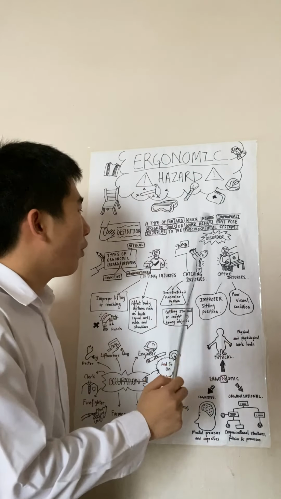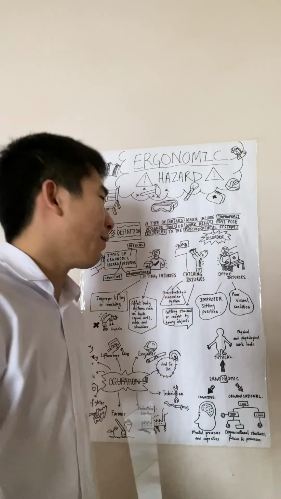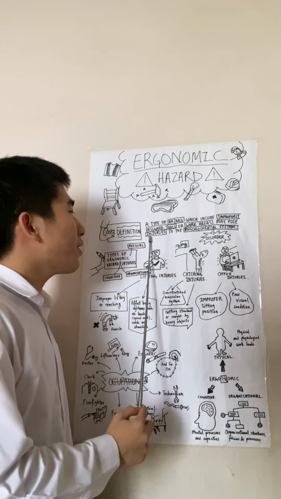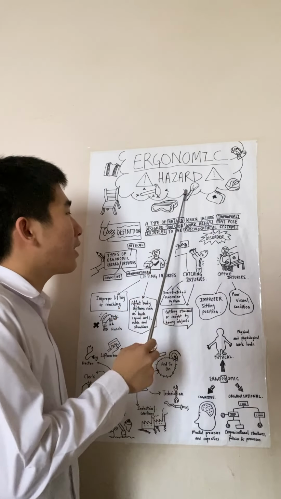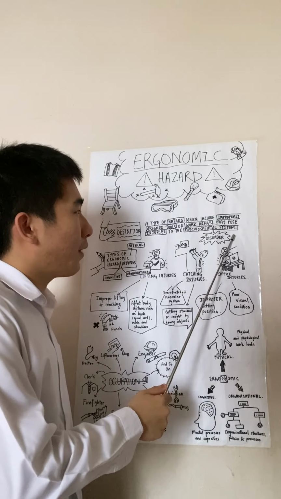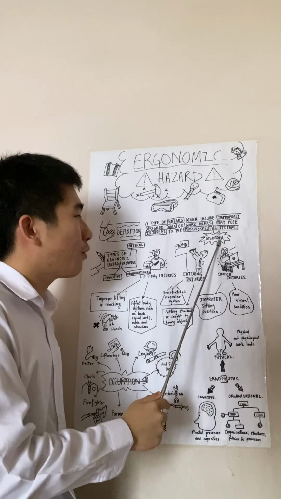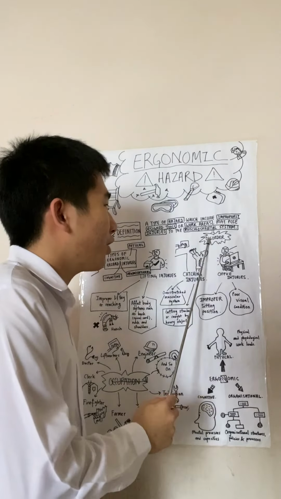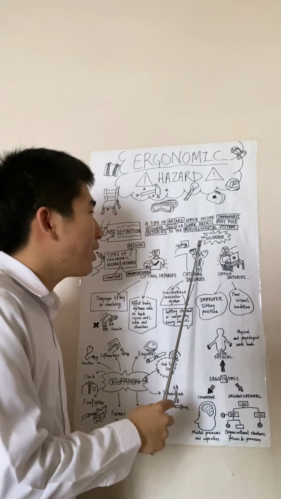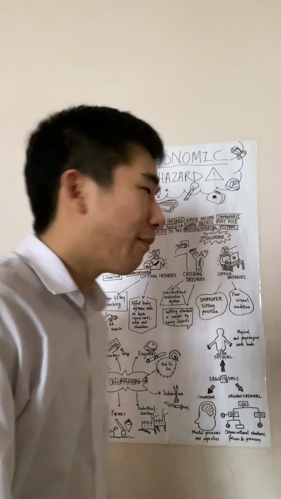This hazard may pose injuries such as back pain, muscle pain, skeletal pain, and so on. These injuries can be caused by the ergonomic hazard to the musculoskeletal system. This can be considered a disorder, the musculoskeletal disorder, which affects the musculoskeletal and also the nervous system.